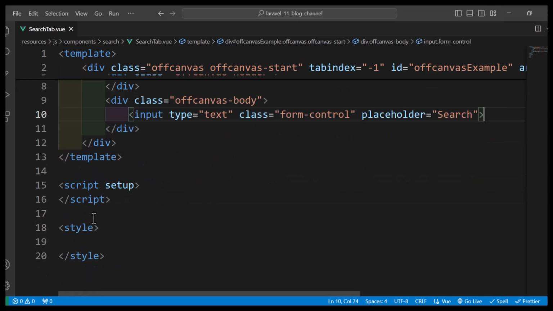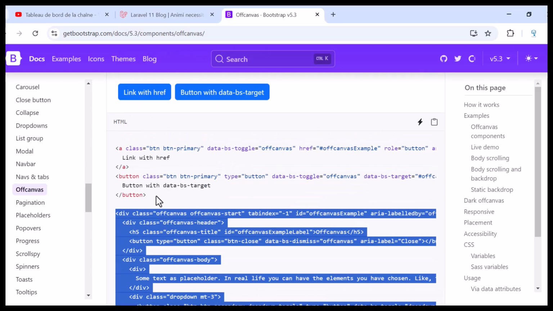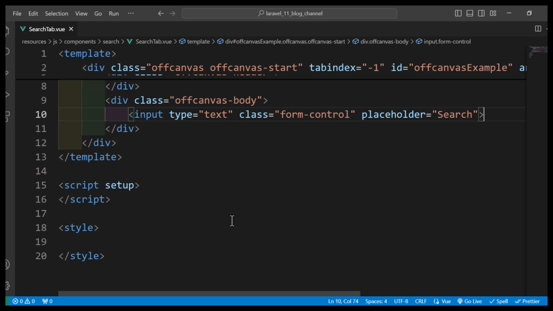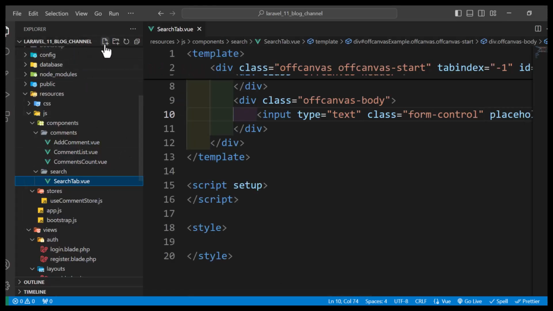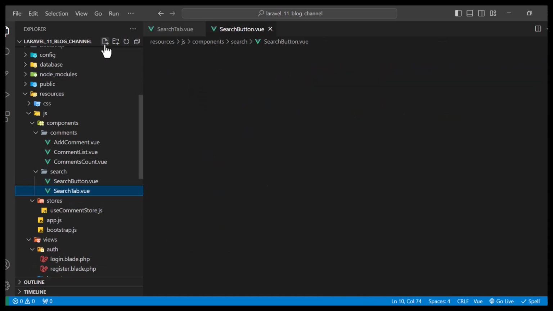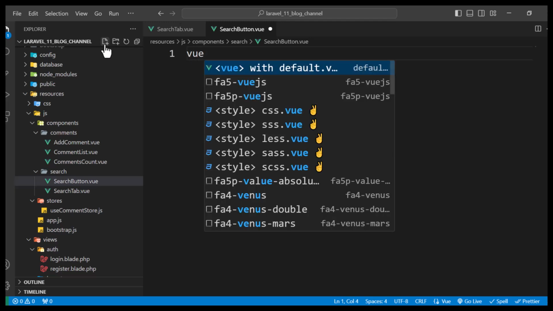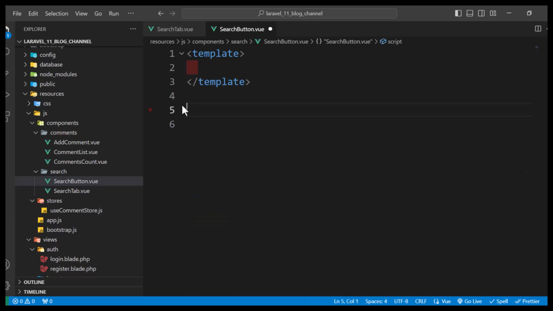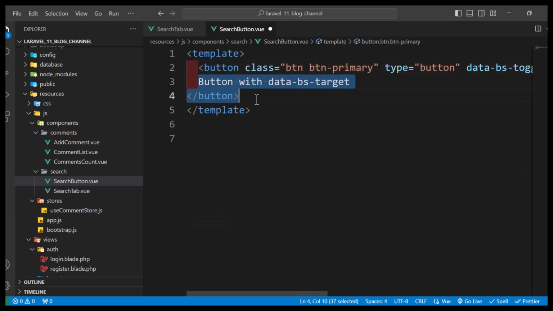Let's see what we have else. So we need the button. So this one that will display off canvas. So this button, we need to add it inside the navbar. So let's first add a new component that will hold the button. So let's add it here. Let's call it search button.vue. And inside we need also the template, and we need only the template here. So we will not add script. So here we will display only the button,